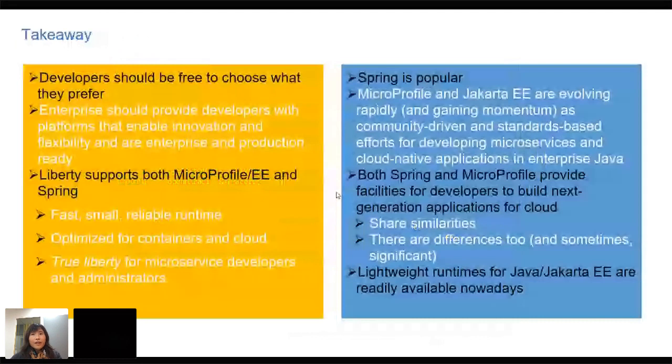So this is the final minutes, the takeaway. Basically, what I want to say is both MicroProfile and Spring provide developers a good programming model for doing microservices. So developers can choose whatever they want. If they have a Java EE background, maybe they will find MicroProfile easier. If they are comfortable with Spring, they can continue with Spring, because both of them are pretty good technology with cloud native